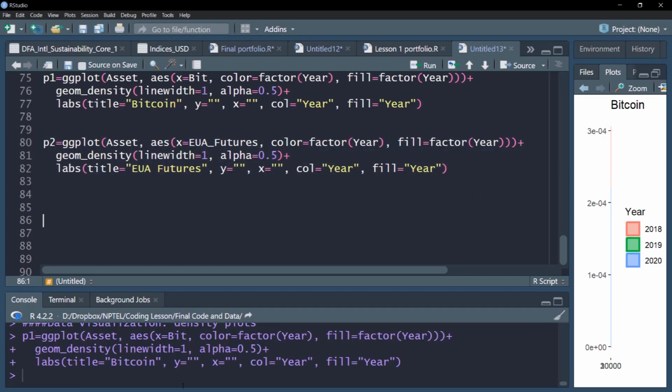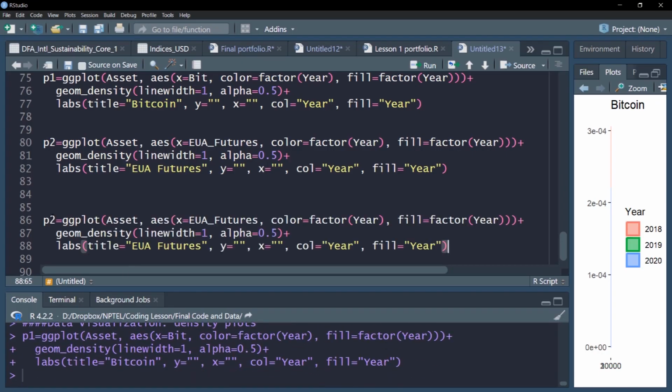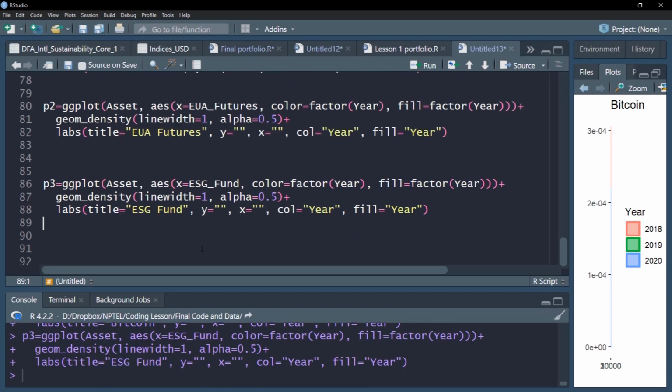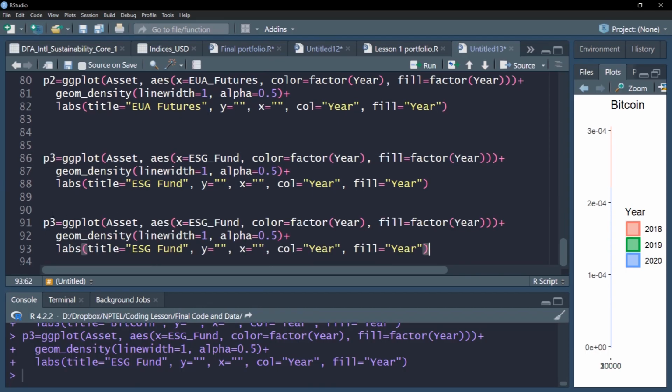Next P3. P3 we can plot ESG fund maybe. So I'll use ESG fund here instead of UA futures. In P3 I'll use ESG fund. I'll specify here also that my title is ESG fund. That is my P3, and parallelly I'm running with control enter. Pressing control enter, I'm running all these commands.